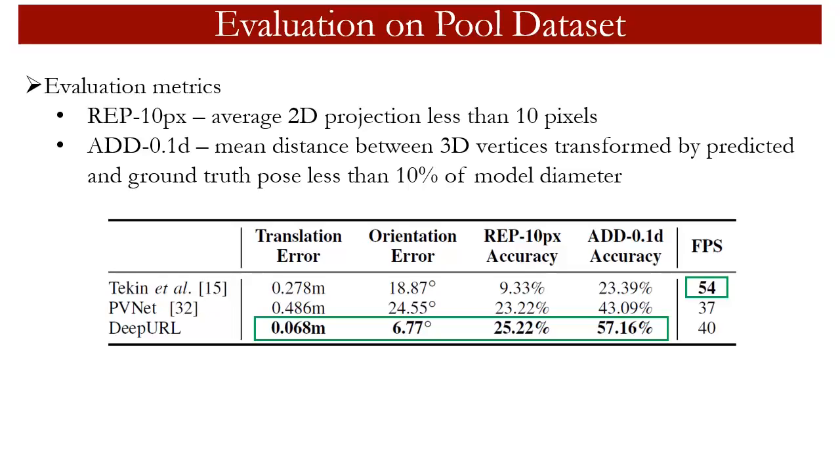Our network outperforms both Tekin et al. and PVNet in terms of accuracy. Although slightly slower than Tekin et al., it is real-time with an inference speed of 40 frames per second on